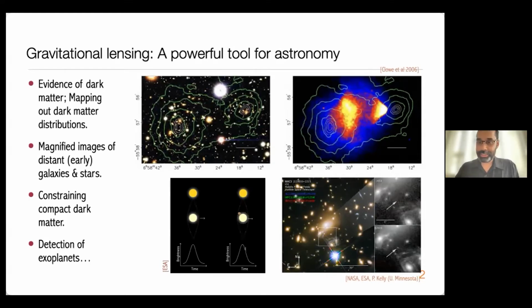And lensing has served as a cosmic magnifying glass, which enabled us to detect some extremely distant stars, for example. The bottom right plot is an observation of a star which is at gigaparsec distance. I forget the exact number, but close to gigaparsecs. And this is unheard of in astronomy, right? You cannot detect stars at this kind of distance, but a cluster happened to be in the line of sight between us and the star,